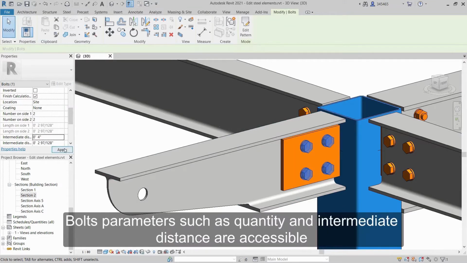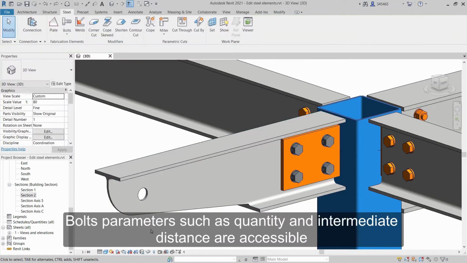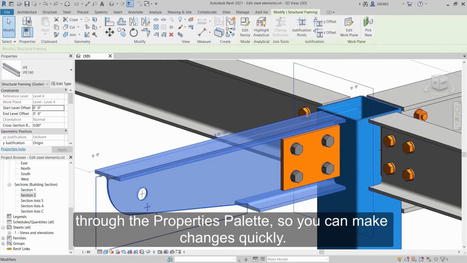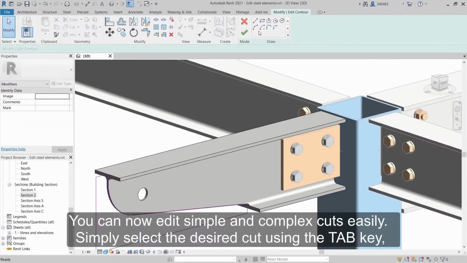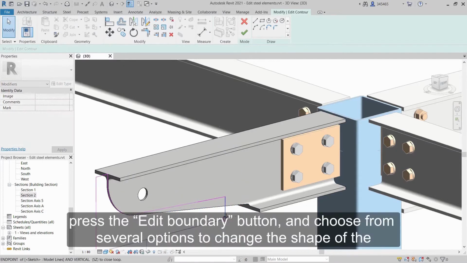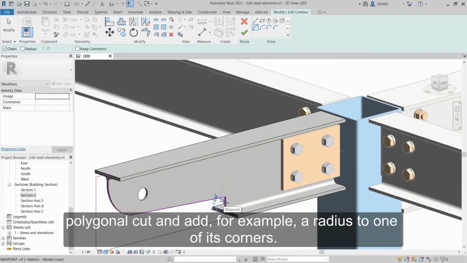Bolt parameters such as quantity and intermediate distance are accessible through the property palette so you can make changes quickly. You can now edit simple and complex cuts easily. Simply select the desired cut using the tab key. Press the edit boundary button and choose from several options to change the shape of the polygonal cut and add, for example, a radius to one of its corners.